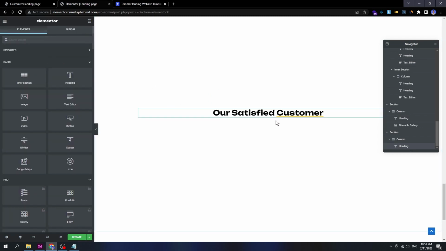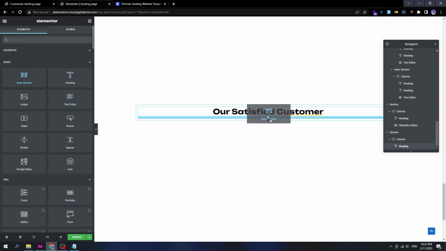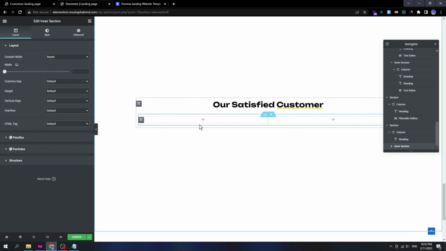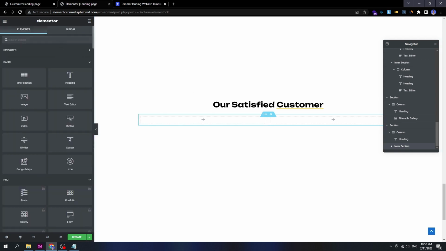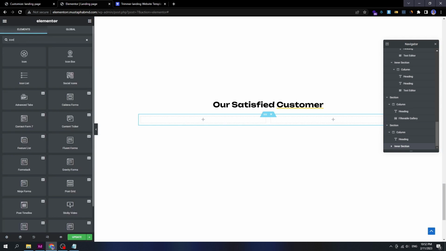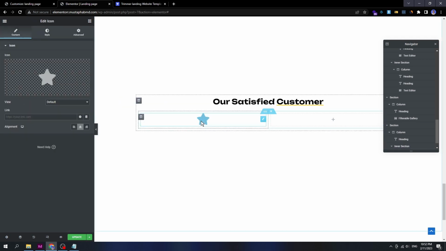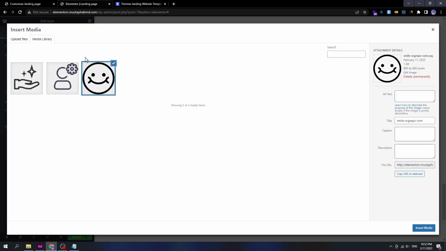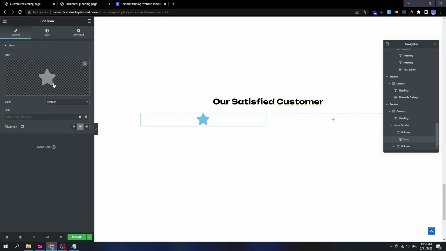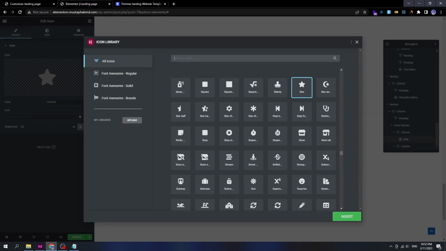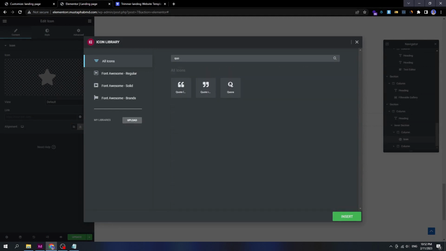Okay, and then just go to intersection and drag it here, and then search for icon and drag it here. Go to icon library and search for quotes and insert it,